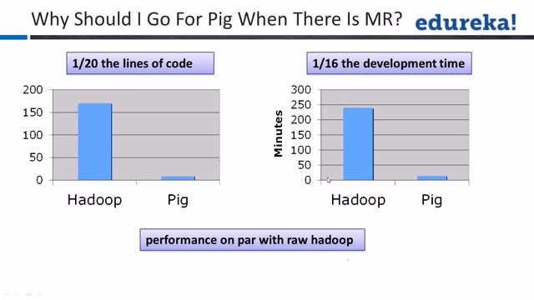These are stats which have been derived, I don't know the exact source, but they have been derived from experience, after seeing that many MapReduce jobs. Similarly, development time will be very less, and performance on par with raw Hadoop or raw MapReduce. Now, not exactly on par, but